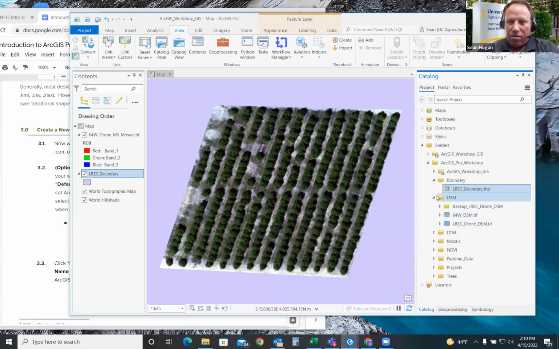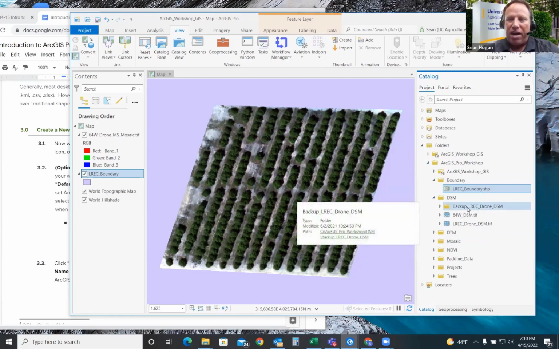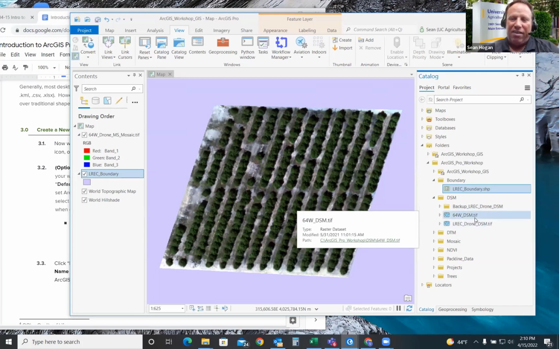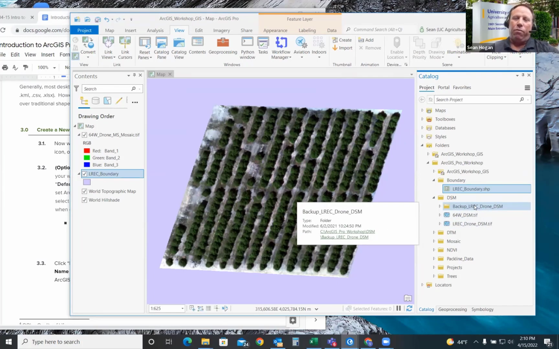Next, we can do the drop down for the triangle next to DSM. That's short for digital surface model. So it's an elevational model of the site derived from the drone imagery. There's a backup, by the way. We don't need to worry about that right now, but there used to be a step in the workshop that, if things went wrong, corrupted the underlying layer, and so we had to have a backup to be able to refer to. In the last 2 generations of ArcGIS Pro, that bug seems to be worked out, but I left it in there just in case because it held people up.